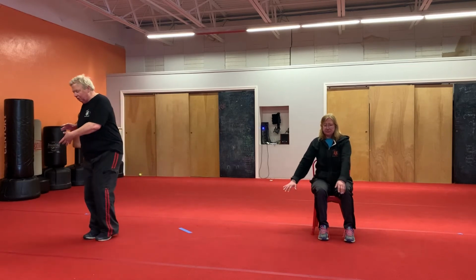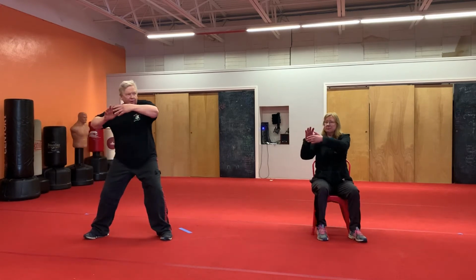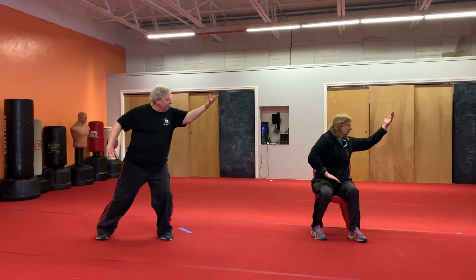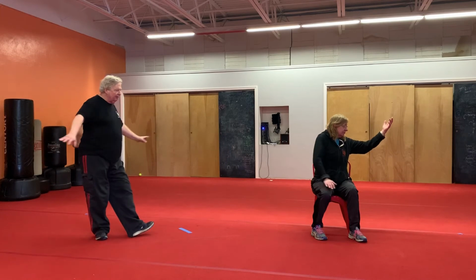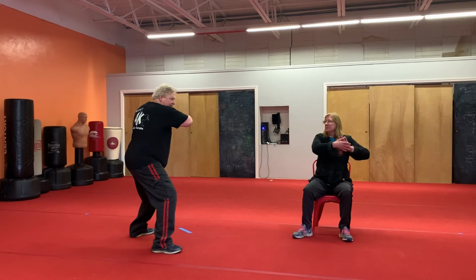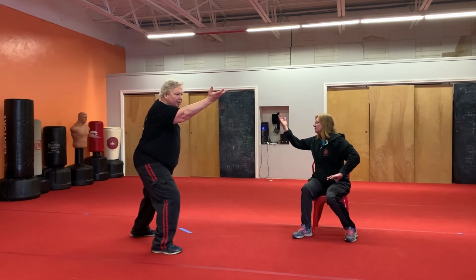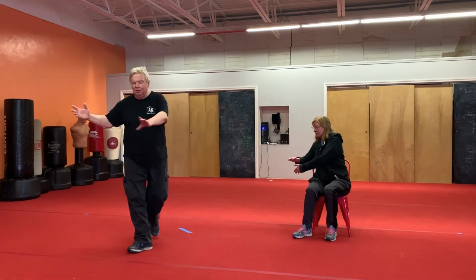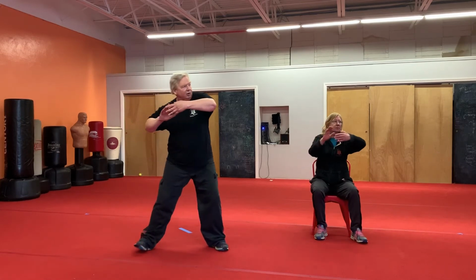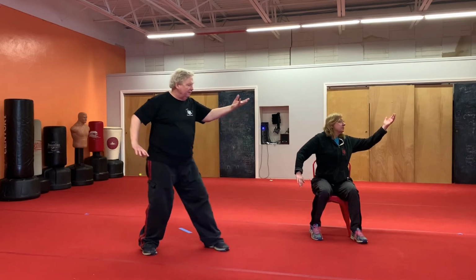Lean, T stance, look at the ball. Step to your heel. Lift your shoulder, turn your back foot. Part the wild horse's mane, lean and push. Lean back, rotate your foot, T stance, step, lift, turn your foot, reach, part the wild horse's mane, lean back, turn your foot, look at the ball, step, lift, turn your back foot, reach, part the wild horse's mane, feet together,